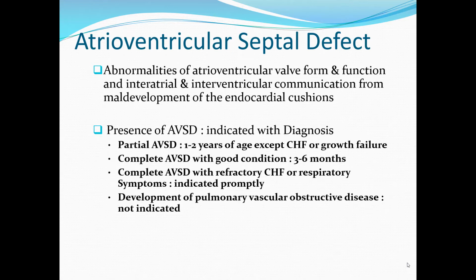At 1-2 years of age, surgery is indicated whenever there is congestive heart failure or growth failure. Otherwise, you can postpone the surgery. While for complete atrioventricular septal defect, 3 to 6 months of age is the proper timing for intervention and surgery. Of course, if refractory heart failure or respiratory symptoms at any age, you have to do something about that. Development of pulmonary vascular obstructive disease is a contraindication for